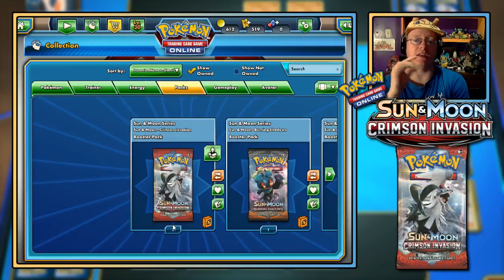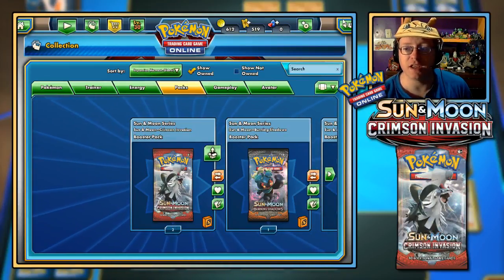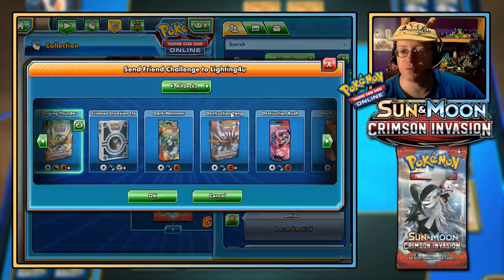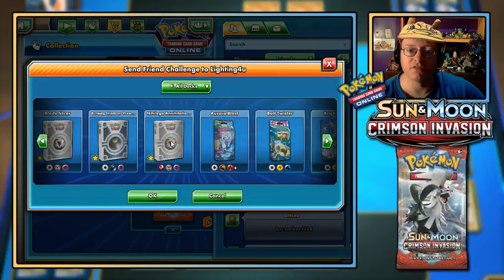By which I mean, I think Littens wants a rematch. So let me do a rematch against Lightning for you. Do a battle, and I'm going to use, I believe Anderson wants to see the power of,